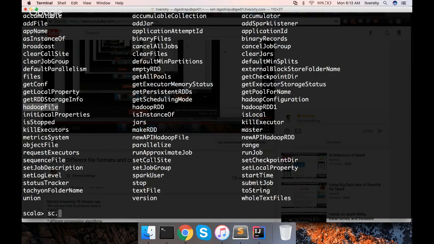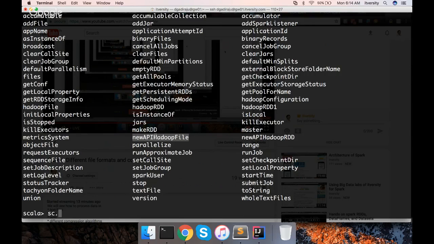Hadoop file is primarily for the older API, which is being decommissioned, and new API Hadoop file is primarily for the new API. Again, if you go back through my videos, you will see a few examples.